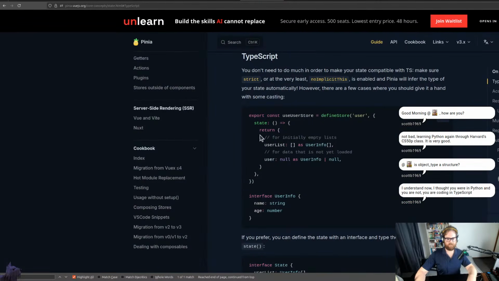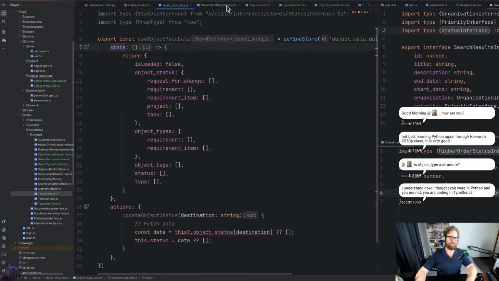TypeScript with state, yada yada yada. Oh, okay. I've just done all that work for no reason. Actually, no, not for no reason. I can probably get rid of this one. So